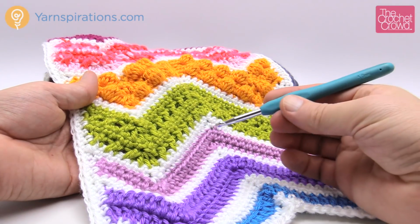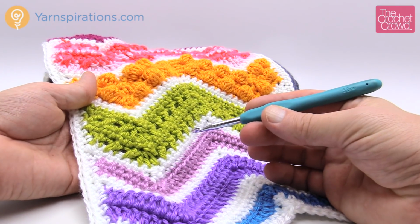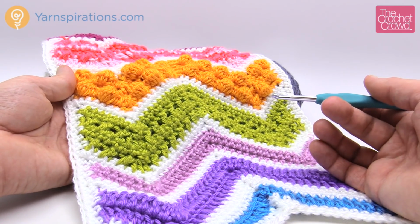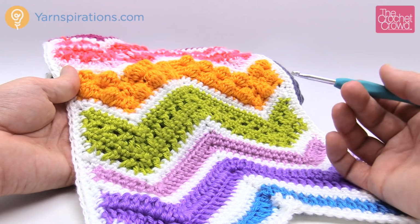So let's just quickly review. It's going to be a 5mm size H crochet hook. I've used Caron Simply Soft throughout this whole thing. The beautiful colors are from that particular line. So this is going to be a generic intro